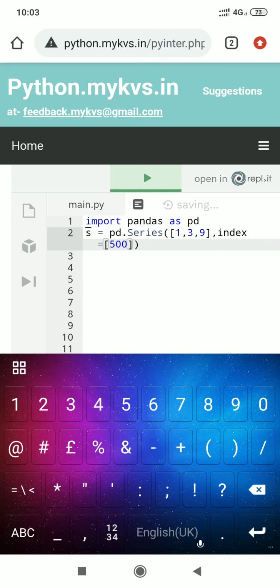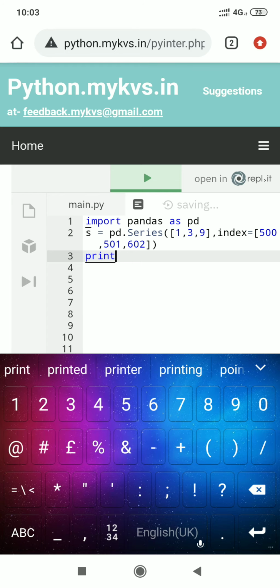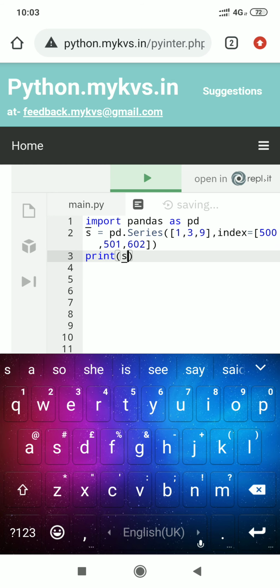Like 500, second index 501 and next index 602. Now I have assigned indexing, then I display the value with print s.